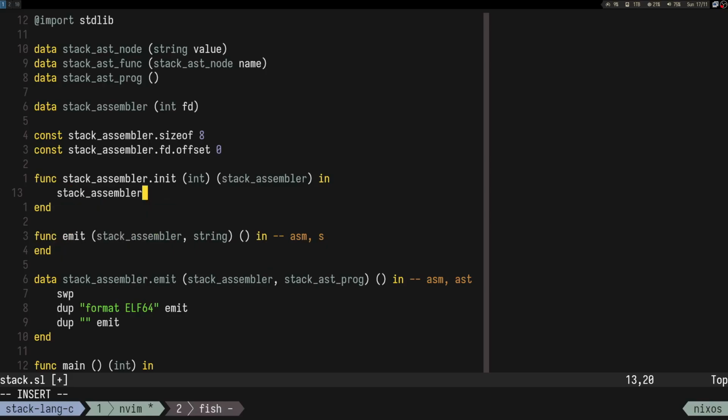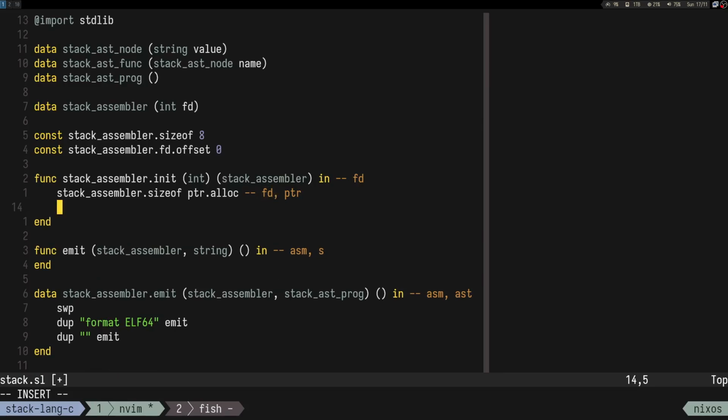So we do stack assembler.size of, and then we pointer.alloc. All right. So this is going to give us, well, we have an fd already. We have the fd, we haven't changed that, and we also have a pointer. Right, that's what we have on the stack currently. So the idea would be, because I kind of have an algorithm of how to do this part, right? So the idea would be to